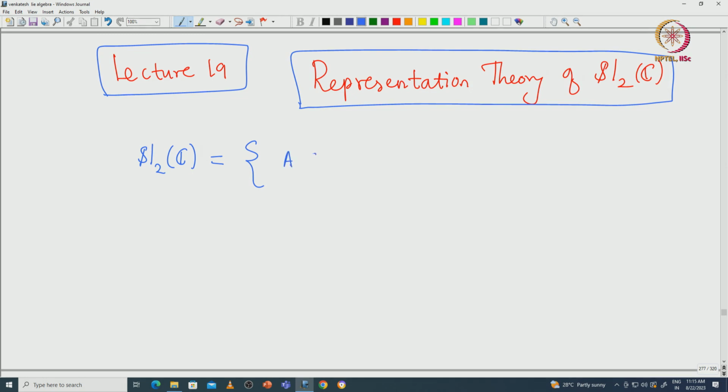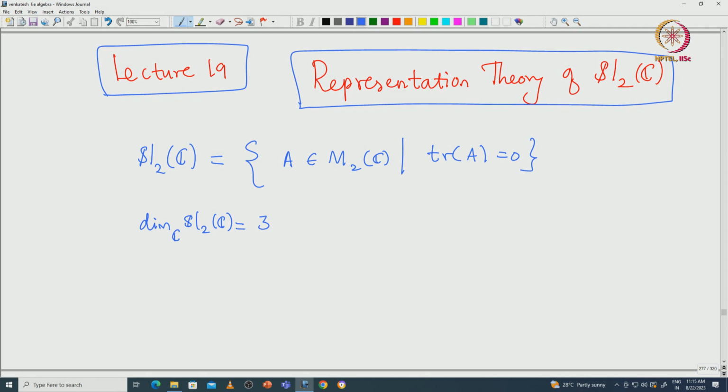So, you start with all 2 by 2 matrices such that the trace of that matrix is 0. Then we know that the dimension of sl2c over C is actually 3, and it is spanned